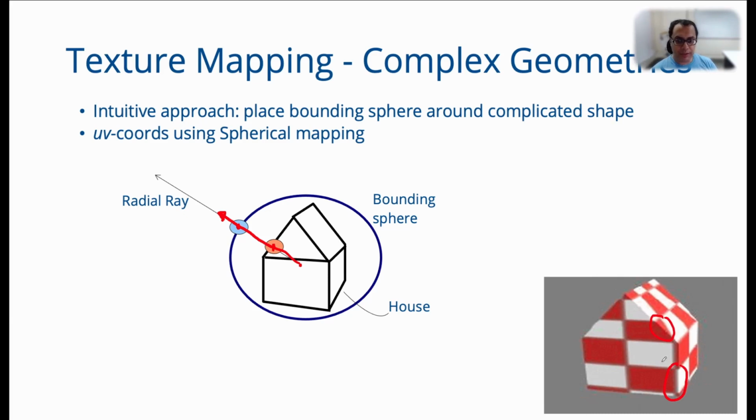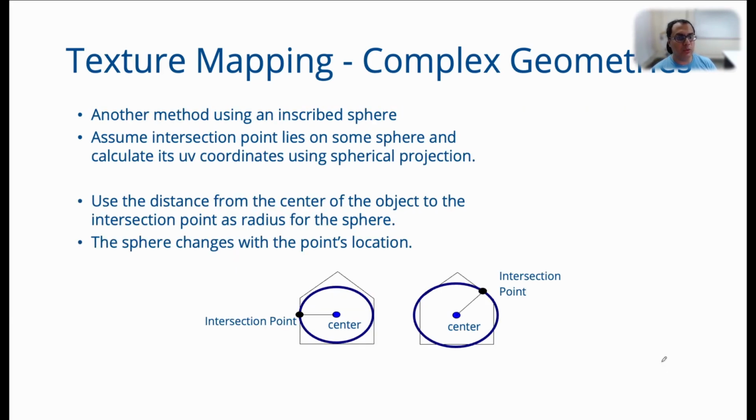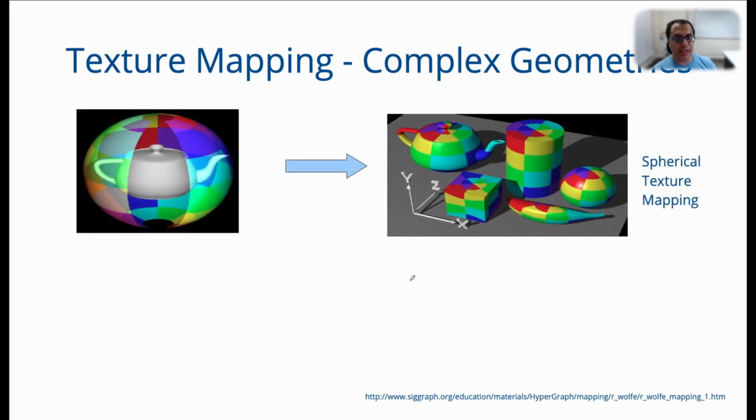For this purpose we can use a bounding sphere or we can use an inscribed sphere. The only difference with the inscribed sphere is that depending upon which point you are considering, your inscribed sphere might change in radius, so it is generally not used, but a bounding sphere is very commonly used. And as I said, that bounding geometry is very often used to get the environment around an object. So here is a sphere being used to map a texture onto the surface of this teapot, and you can see what happens if you use a sphere mapping on a cylinder, on a cube, on a banana.